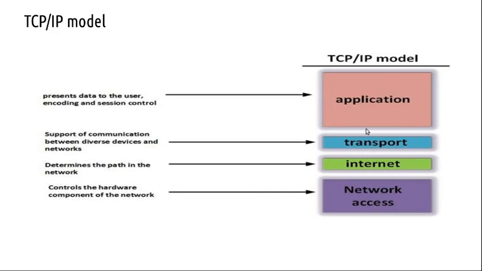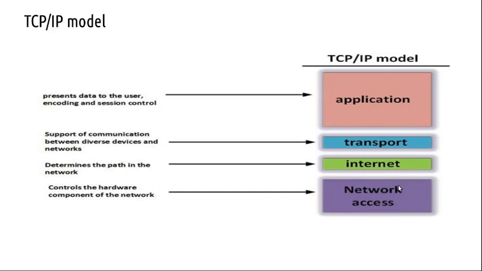So interfaces are specified. This is also a layered protocol. Two dominant protocols in the transport layer are TCP and UDP. Then internet protocol, IP. Then there is a network access layer, which comprises the physical layer, routers, all those things. IPv4, IPv6, all those things come in this side. We are running with IPv6, and both are concurrently running.